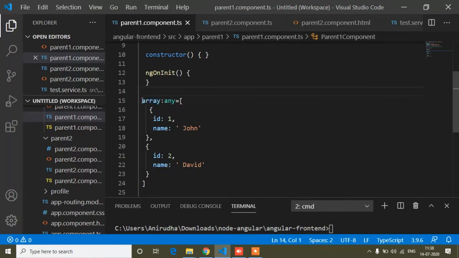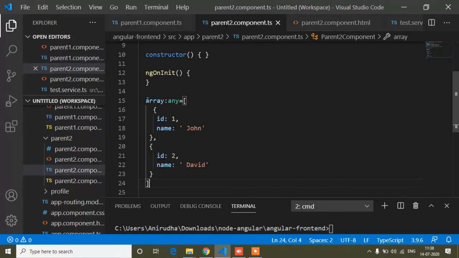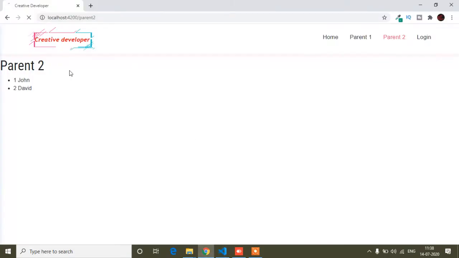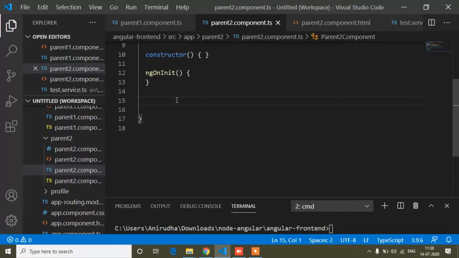So now from the ts file I will cut this array, and inside our parent 2 component.ts file I will remove the array also. So now if I see the view, you can see the array code is removed, and also in the parent 1 component you can see the array code is removed because I removed it from the ts file.